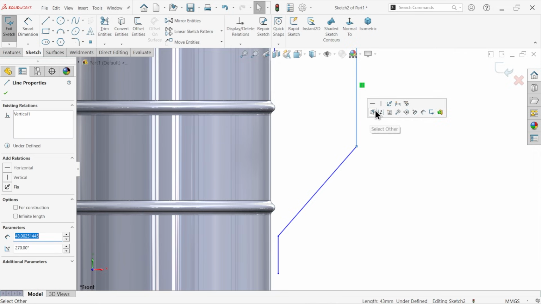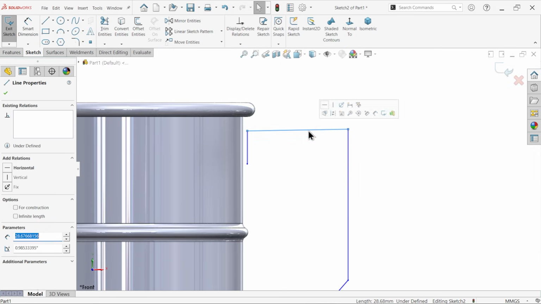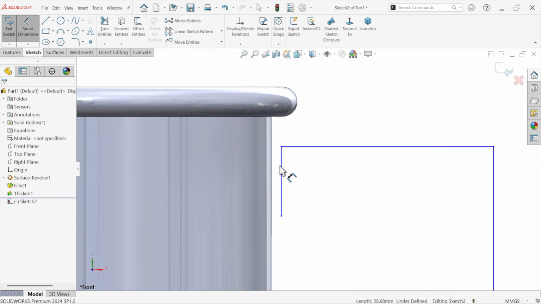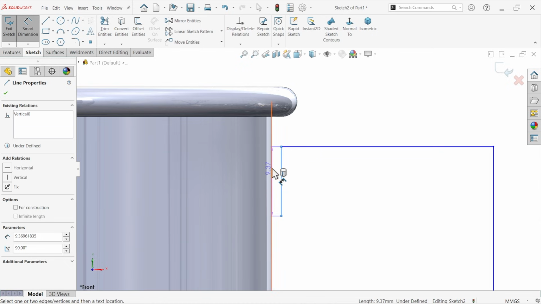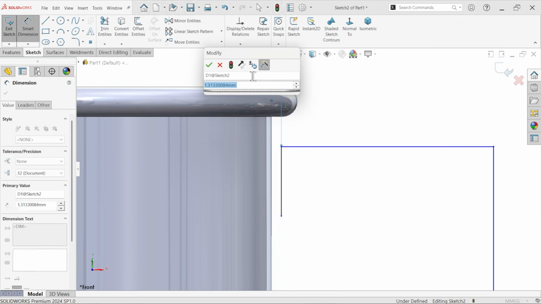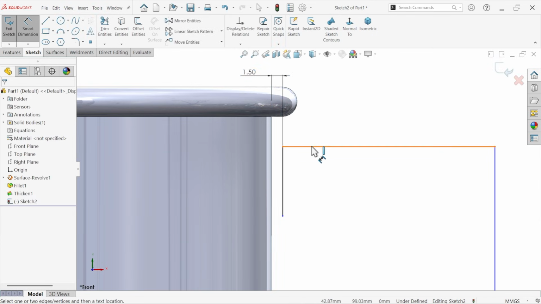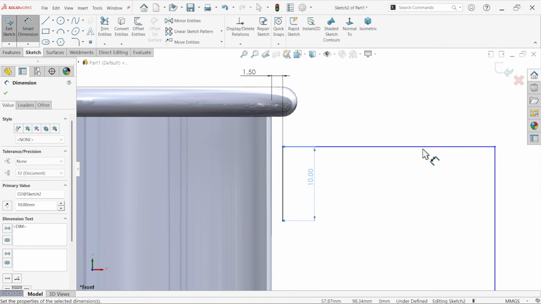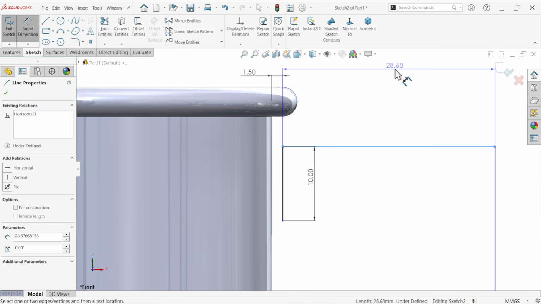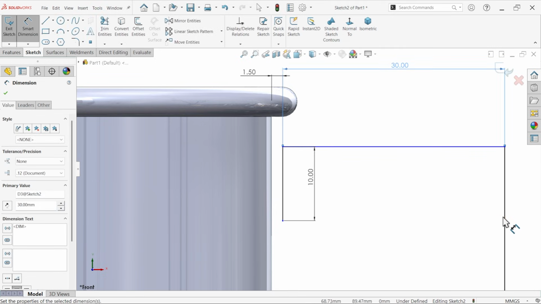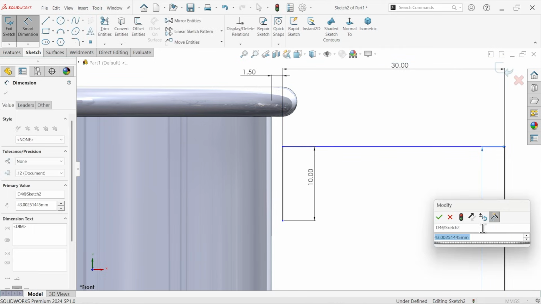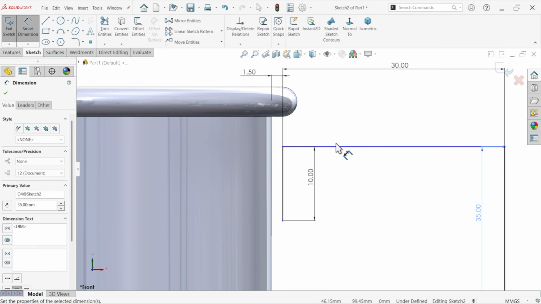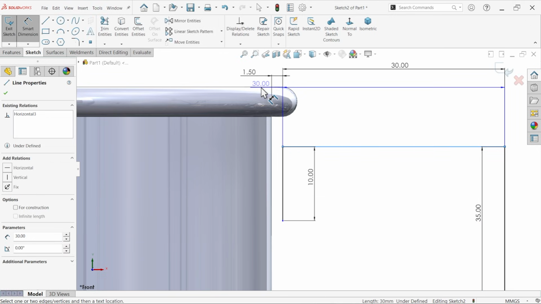Exit. Now make sure the line is vertical, horizontal. Okay, smart distance. Distance from this outer 1.5, 10 millimeter, 30 millimeter, 35 millimeter. Distance from upper edge